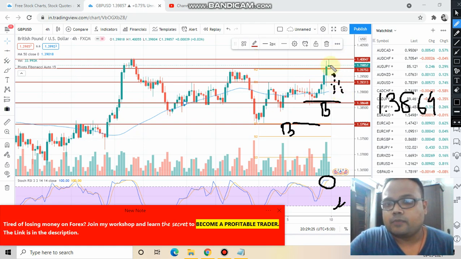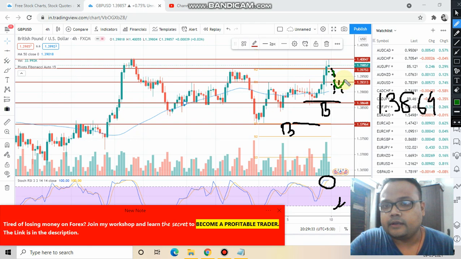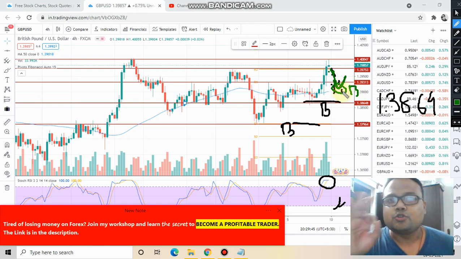Okay, suppose the market starts coming down, and from here it reverses. Okay, do you understand this particular level? Do you find any strong reason which supports your buying decision? No, there is no strong reason. And if you do not understand the logic behind the reversal at this particular level, then why should you buy? You should not buy. There are multiple pairs available. You should not risk your hard-earned money on a trade that you do not understand.